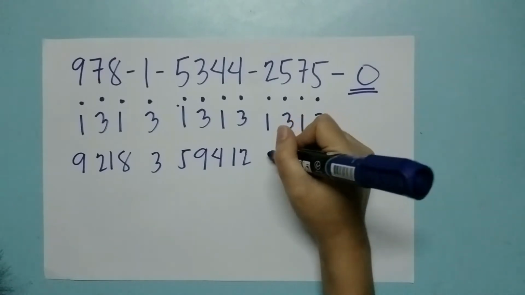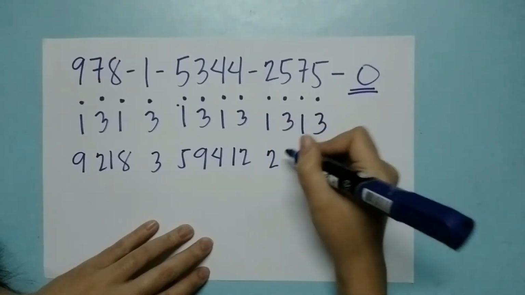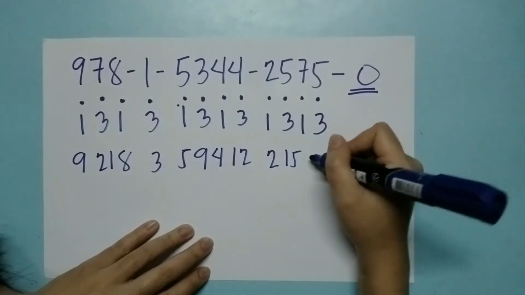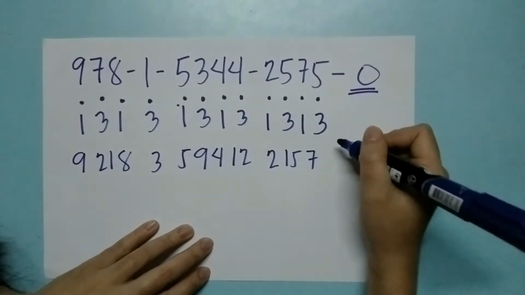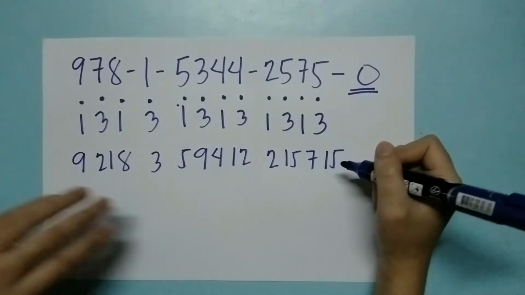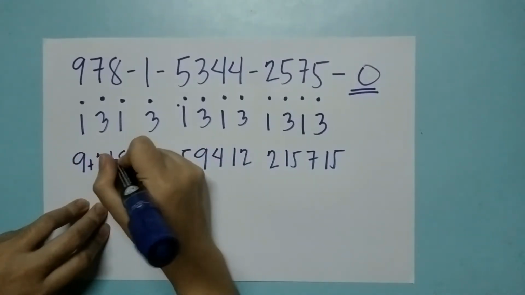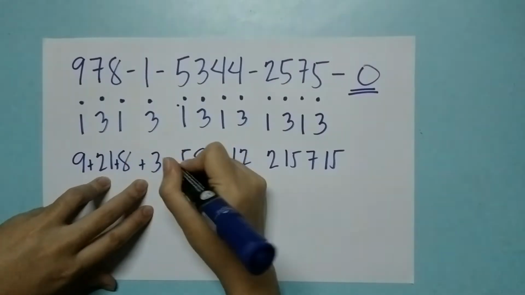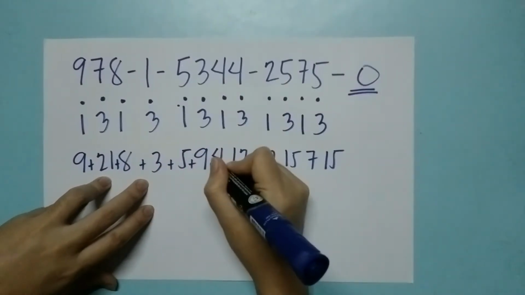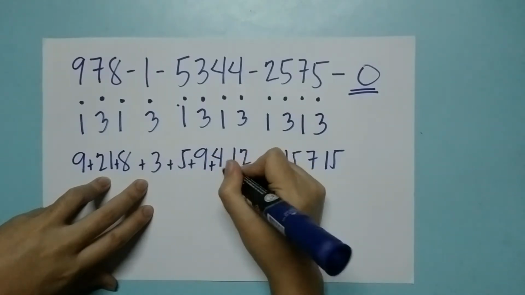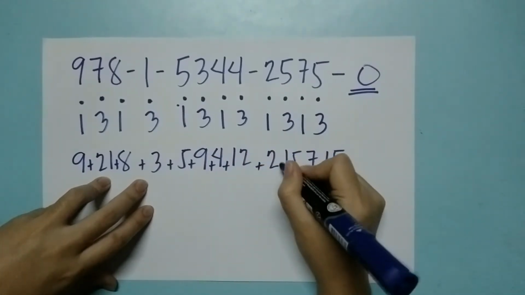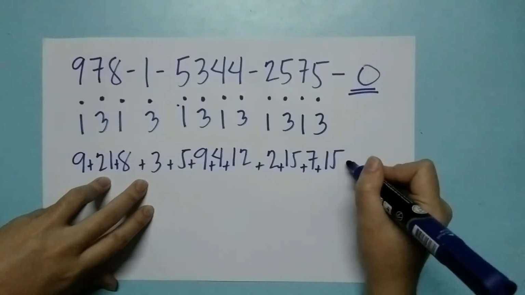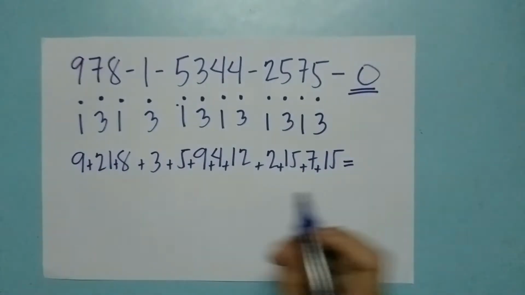2 times 1 is 2. 5 times 3 is 15. 7 times 1 is 7. 5 times 3 is 15. So now we are going to add this all up. So 9 plus 21 plus 8 plus 3 plus 5 plus 9 plus 4 plus 12 plus 2 plus 15 plus 7 plus 15 is equals to,